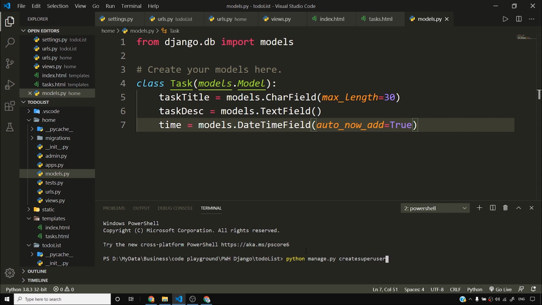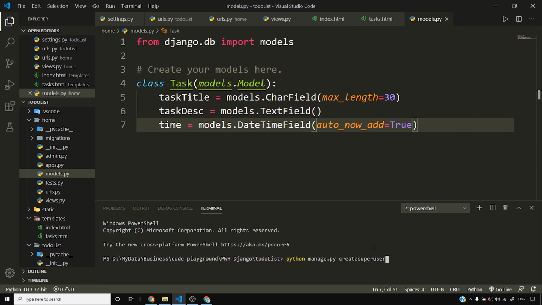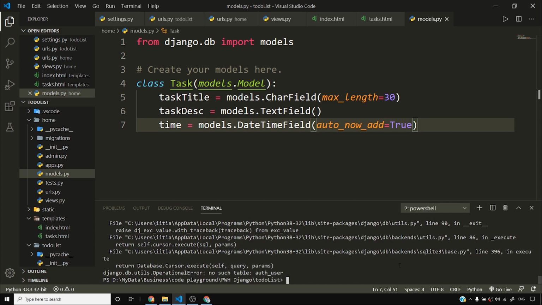I'll create a superuser, but it's a good idea to stop the server while you are creating a superuser or making migrations. It's not a good idea to keep the server running. So I'll create a superuser first, but I cannot, because it's saying, hey, you want to create a superuser? You haven't run the migrations yet. So we need to say python manage.py